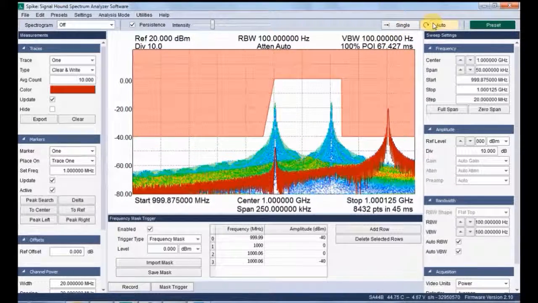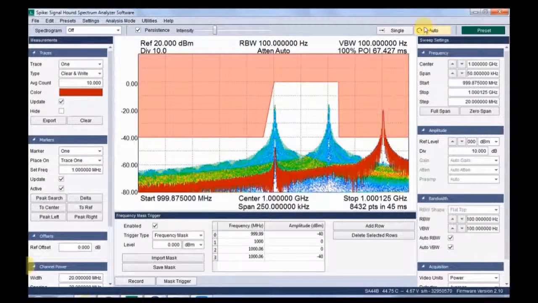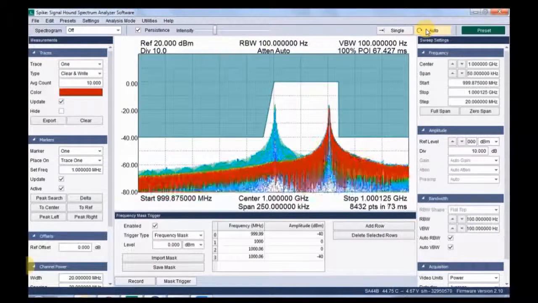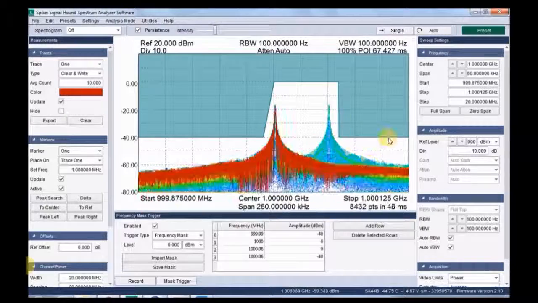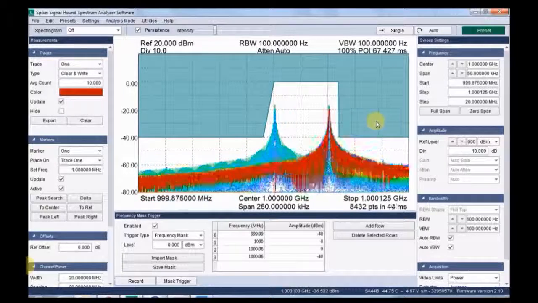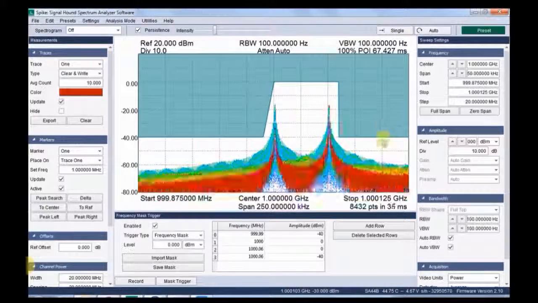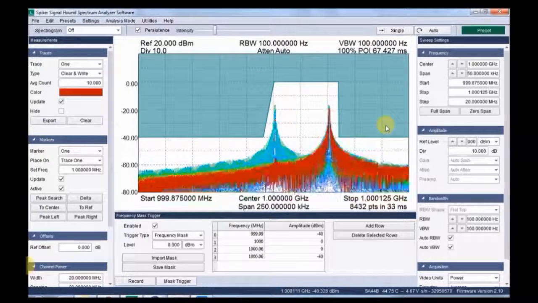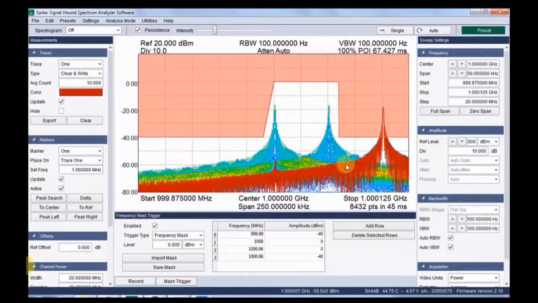Now it triggers clearly. If any signal reaches this particular mask area, it will trigger. Now it is in auto mode, so we can see the third signal, but it couldn't trigger. Again we can go with single sweep. Now it triggers on that third hopping point, and this entire mask we can import or export as a CSV file,